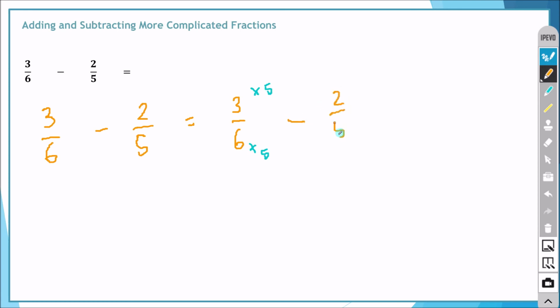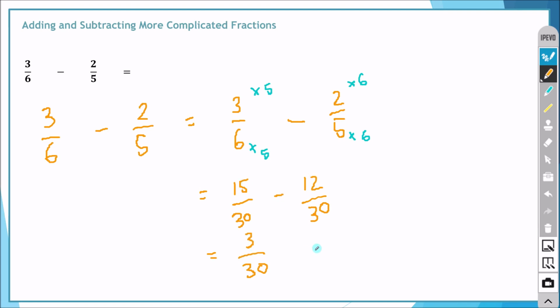minus 2 over 5, and we take the 6 from here and multiply the 5 by the 6, so we multiply the denominator by 6, and we multiply the top by 6. What does that result in? Well, it results in 3 times 5 is 15 over 30, minus 2 times 6, which is 12, over 5 times 6, which is 30. So you can see that we've got the same denominator here. So now the equation becomes a lot simpler. Now we know the answer is definitely over 30, and we do 15 minus 12, which gives us 3